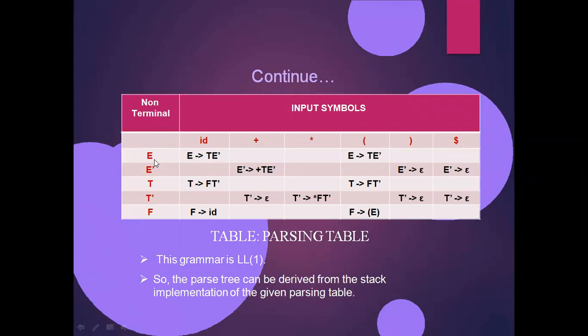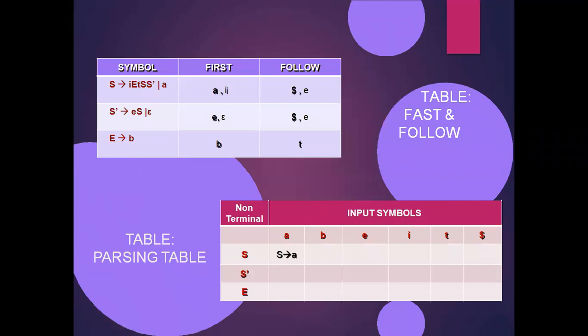For example, if I'm having a move action with E comma plus, and there is nothing there, it is an error. That means maybe the input string I am taking is a wrong input string, or maybe at the time of constructing the first and follow functions I made some mistakes, but I didn't know those initially. After writing the table, after representing the parsing table, at the time of implementation of the stack, if I get an error, then the indication is that somewhere you made a mistake. See, that is the way of checking.